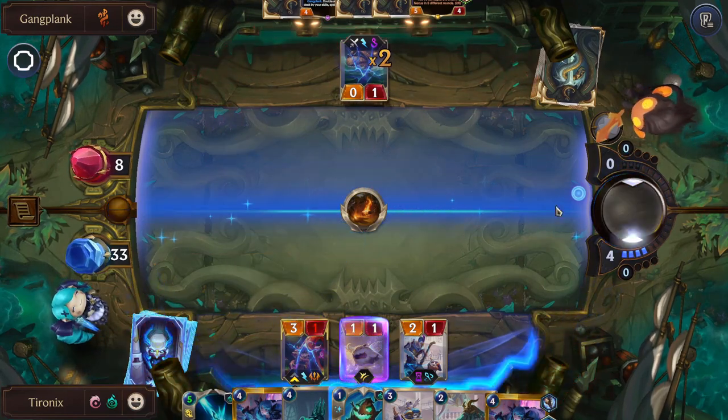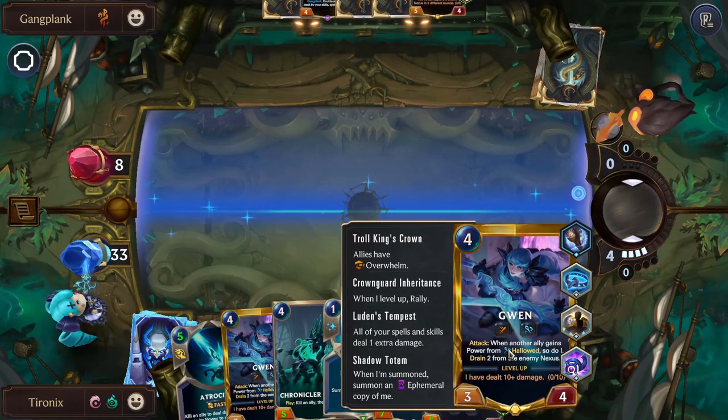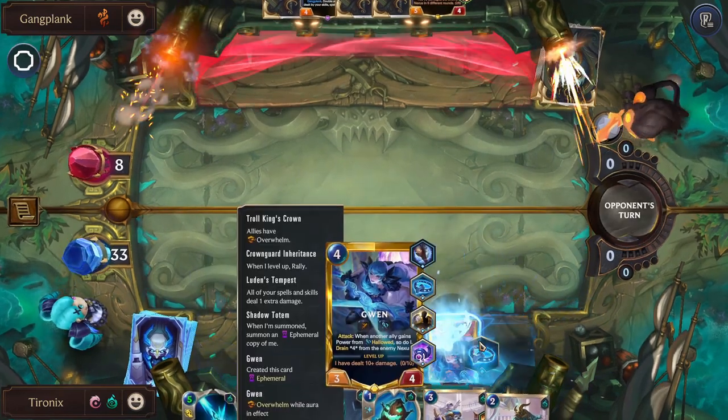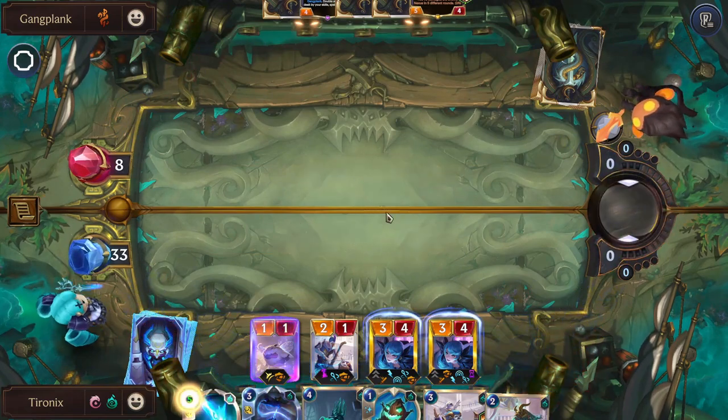That's perfectly fine. They're out of mana, so we can safely play Gwen. We won't get the bonus of the Shadow Totem. The other Gwen will die, giving us more Hallowed, but we don't really need both of them to kill the Nexus, so...